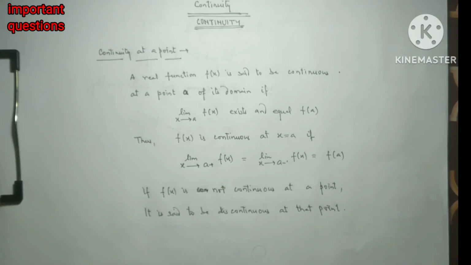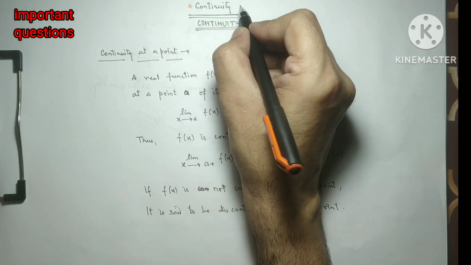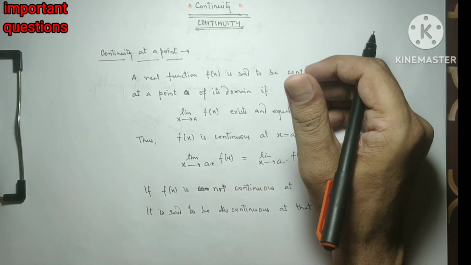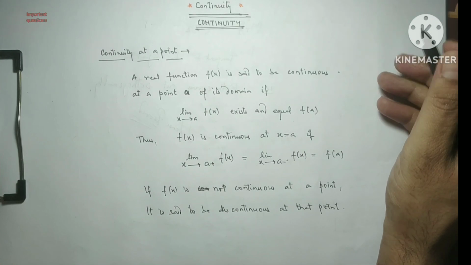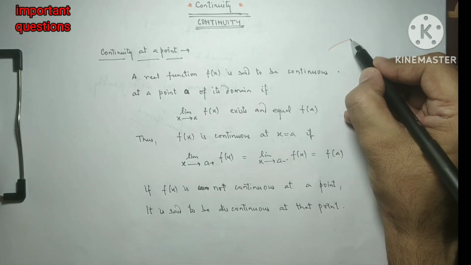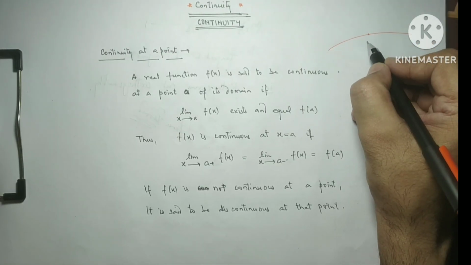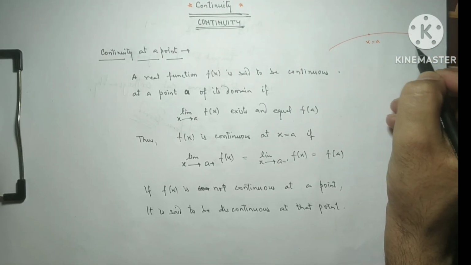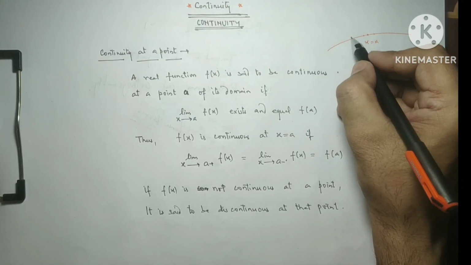So today we are taking a new topic, that is continuity. So what is continuity? Continuity simply means continuous. It's a connection, connected. If we have a point on this curve at x equals a, if the neighboring points like